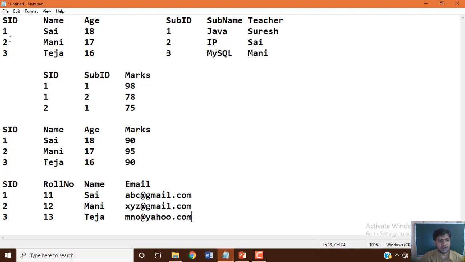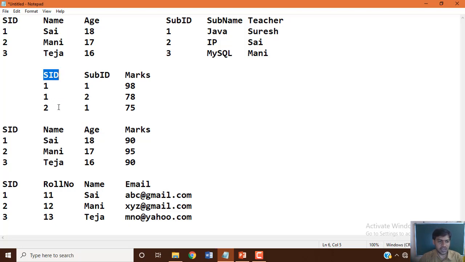Now for the relationship between these three tables, the student ID of the student table is the primary key, and referenced in the student marks table, that SID becomes a foreign key.